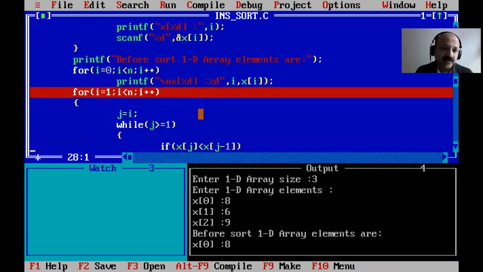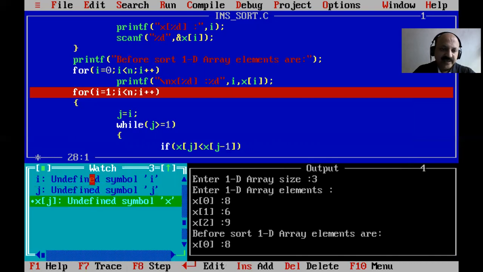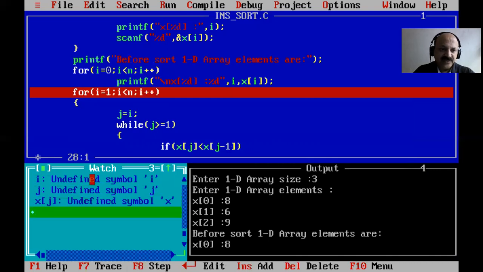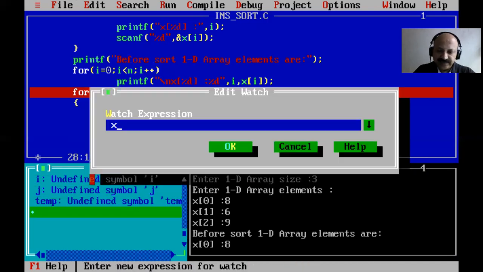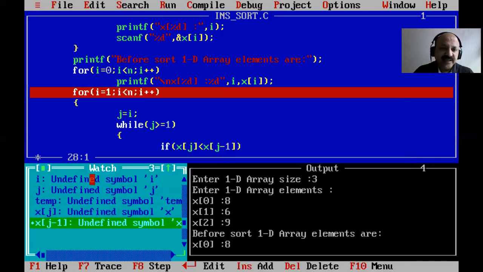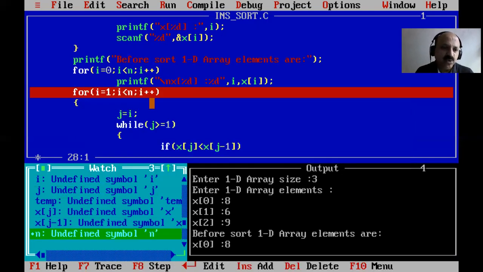So yes, here we can take i and j and x of j, and first I give the temp variable, and then I take x of j, then x of j minus 1. So yes, and then n, that is also, yes, all we have to cover.